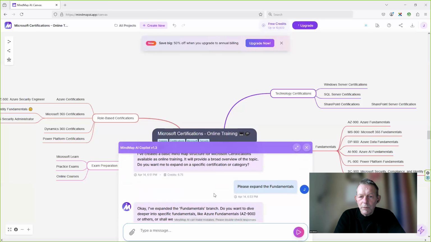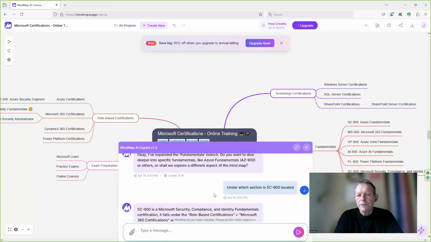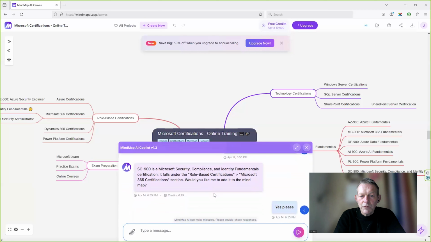I asked for a couple of things. I was aware of the Microsoft certification SC-900, which is basic security, and I didn't find it in the first results. So I asked specifically for it, and I got this information. Then I was asked if I would like to add it to the mind map, and I said, yes, please.